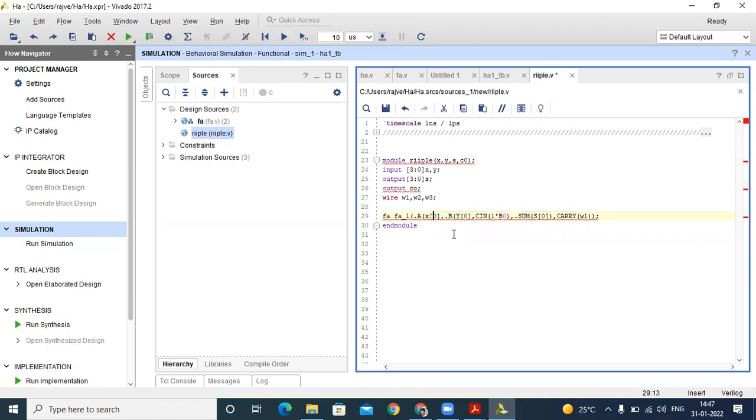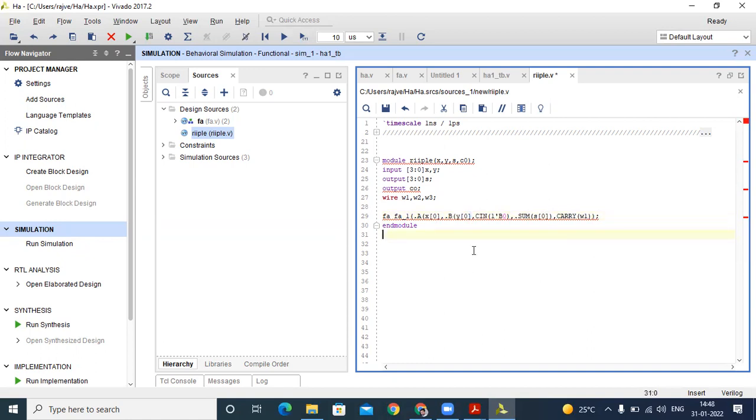No, this X is for sum. And y is also small, because we declared X and y as small. And sum is also small, that's why we take sum as small. This is connected to lower X and capital B is connected to our y. This is y, not X.